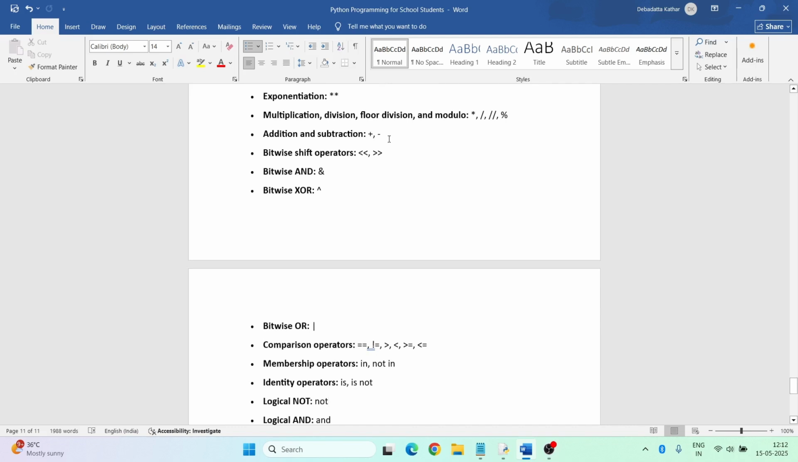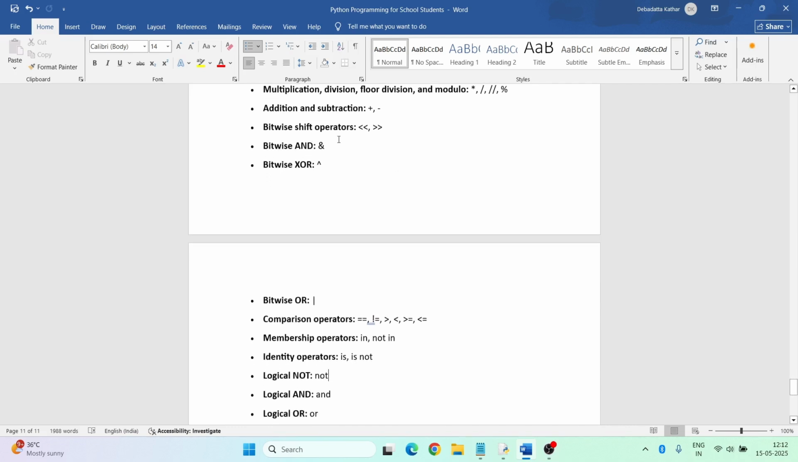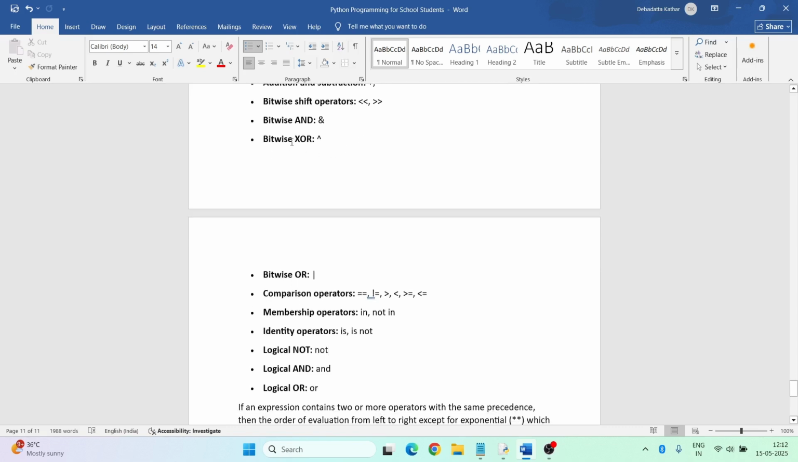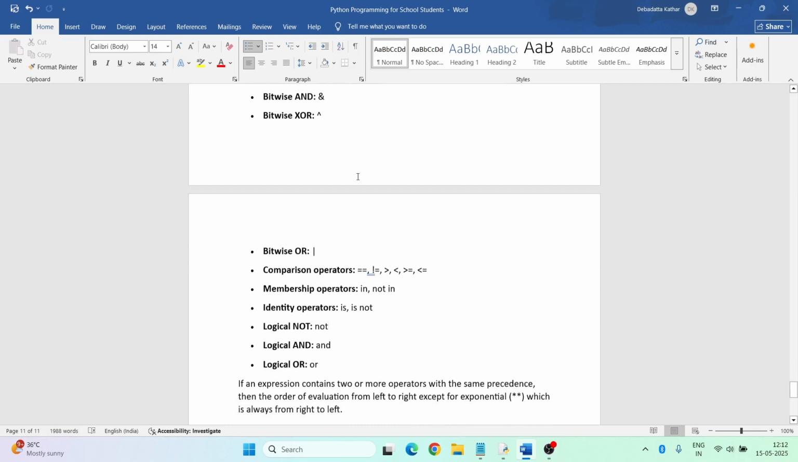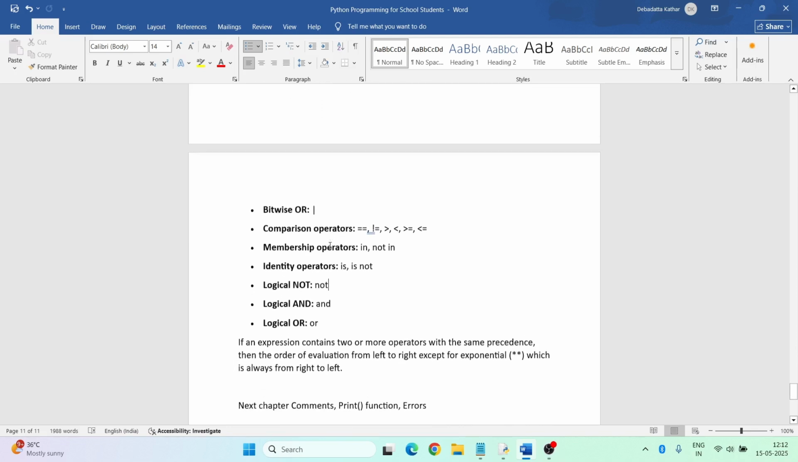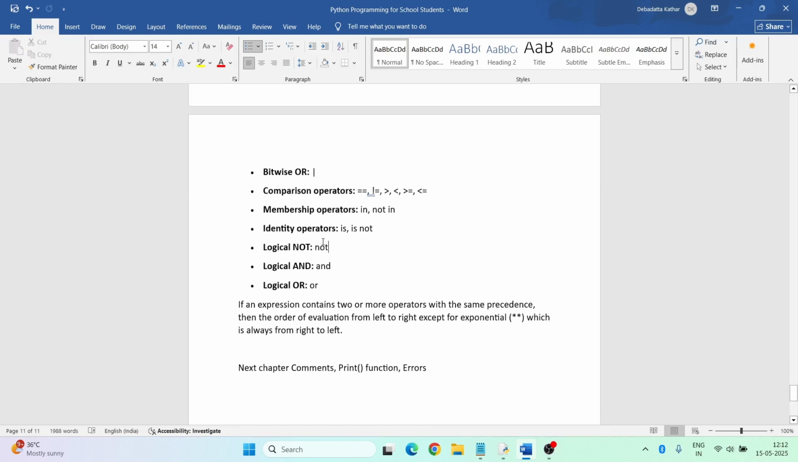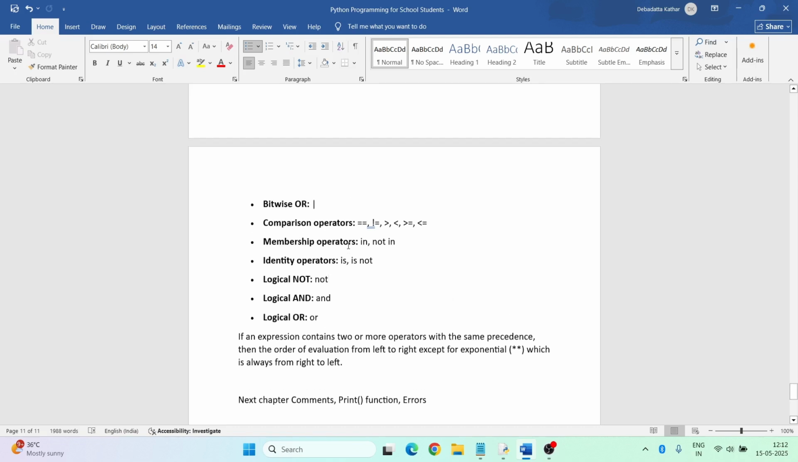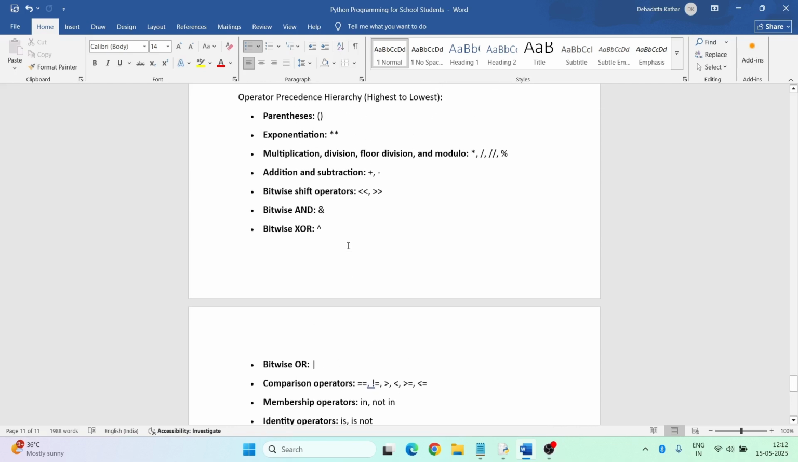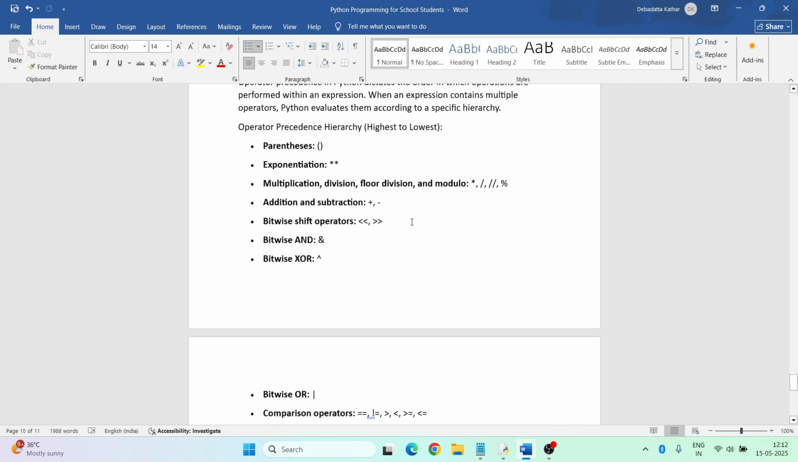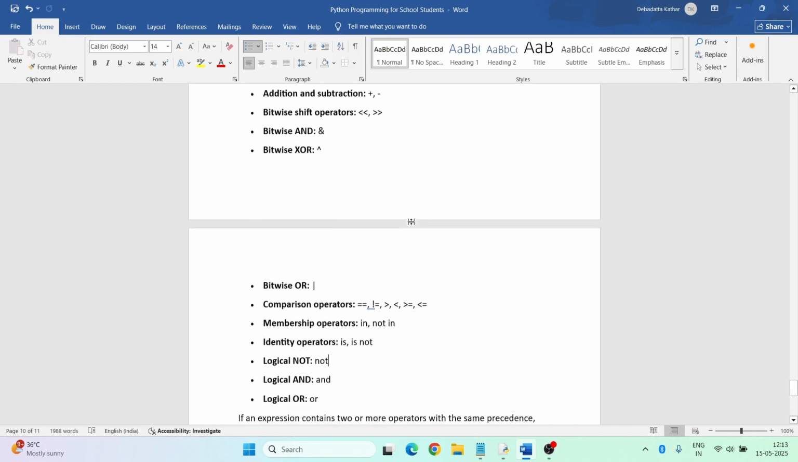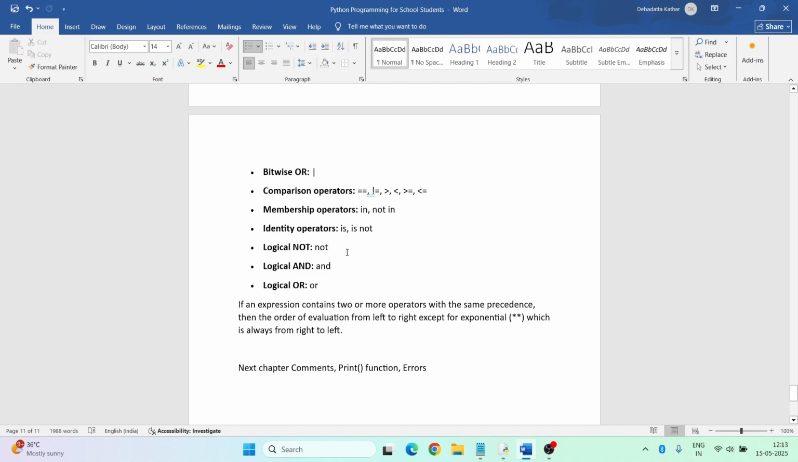Then addition and subtraction. Then bitwise shift operators. Then bitwise and, bitwise xor, and bitwise or. Then comparison operators. Then membership operators, identity operators, logical not, logical and, logical or. So this is the order in which we perform our operators. Okay. And if an expression contains two or more operators with the same precedence, then the order of evaluation is from left